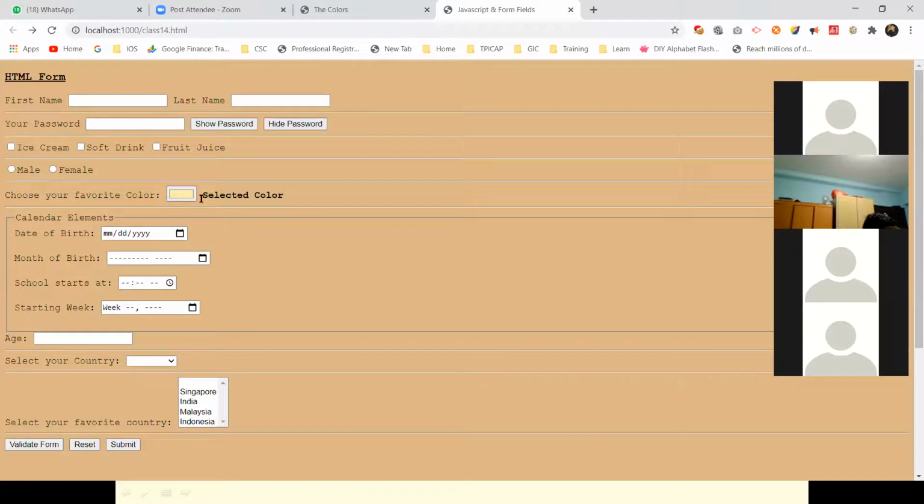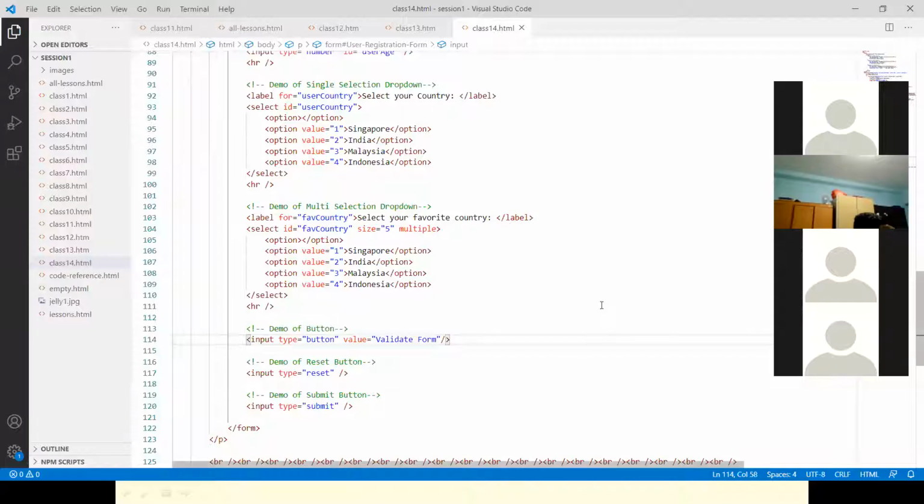Whether all the details are correct or not, for that you have to check using validate form. So you have to write the implementation for validate form. Whenever you click on this, I need to call onclick. So on click, what will it do? It will call a JavaScript validate function. Correct. I'll just give it as validateForm.